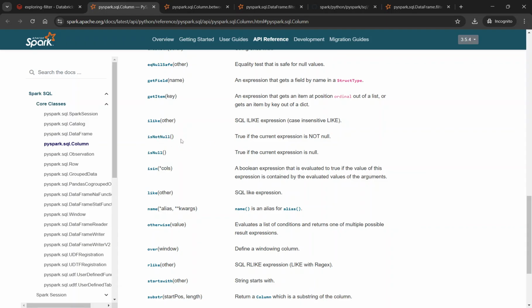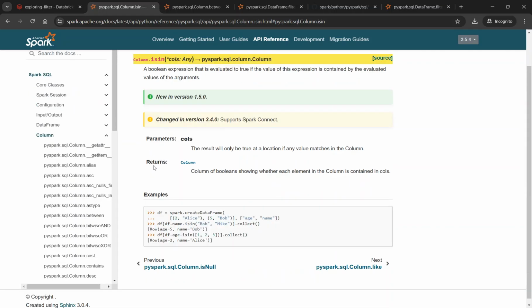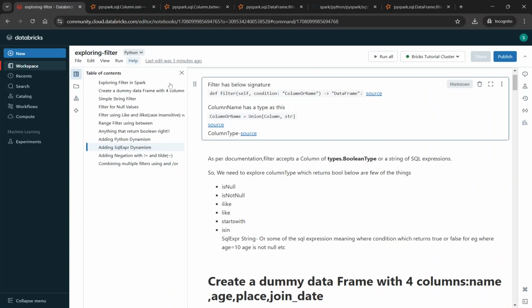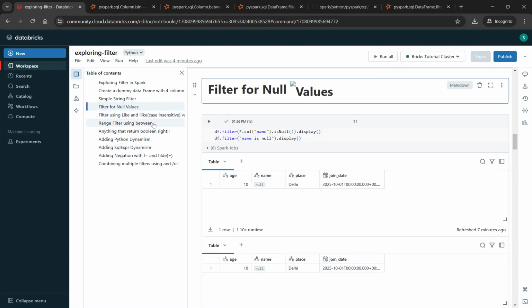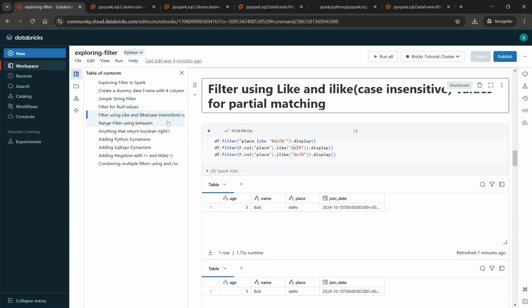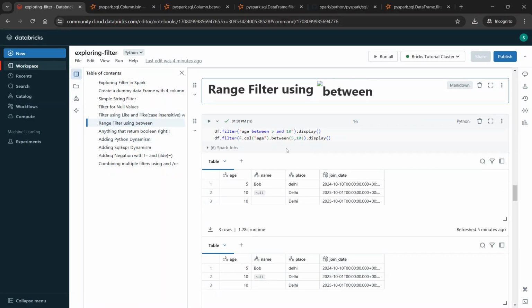Certain things are directly straightforward, right? If you're from a SQL background, you can use is null, right? And even isin can be used, right? So isin is nothing but if you want to search for a list of values, say like an array of values, this can also be used, right? And we saw how we can do some data wrangling, like filtering for null values, and then doing case sensitive and insensitive partial matching, and how to do a range filter in between,